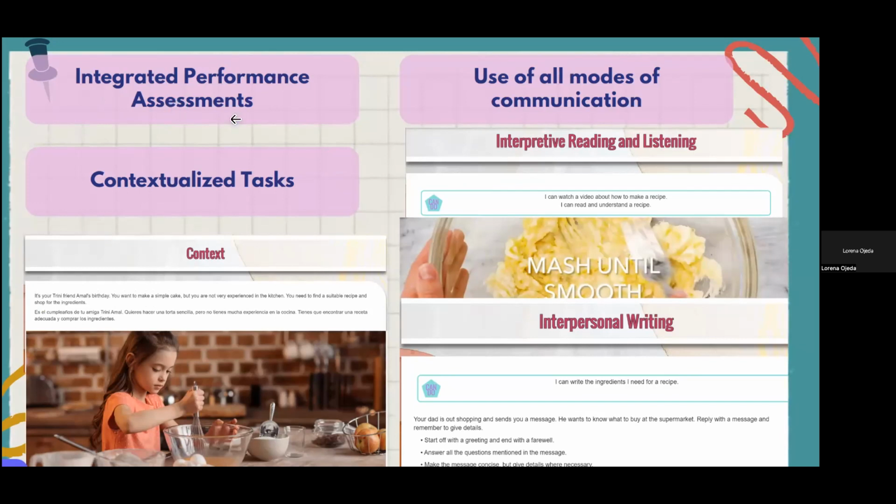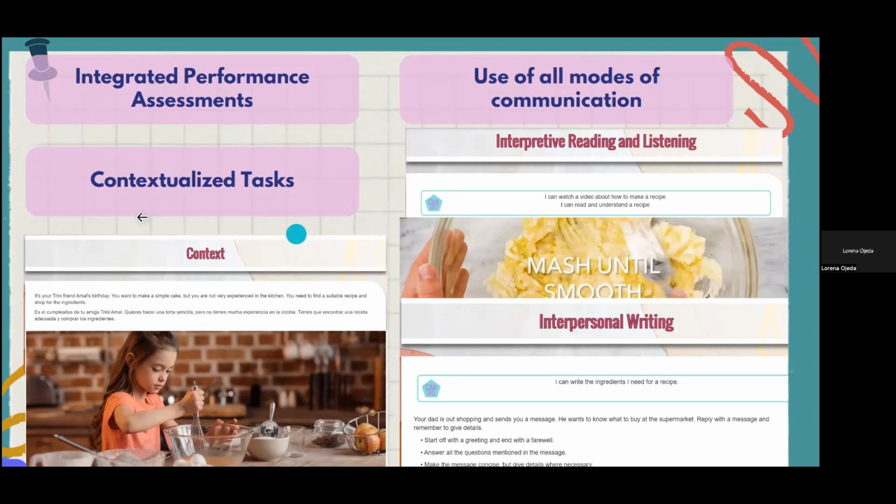I'm not sure if it is the same in Colombia. In Argentina, it's not still a trend. But what integrated performance assessment does is basically a contextualized task that has 3 components. The three modes of communication that we tap into are presentational,